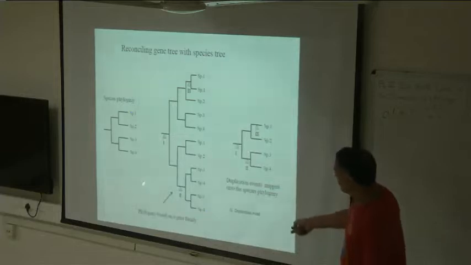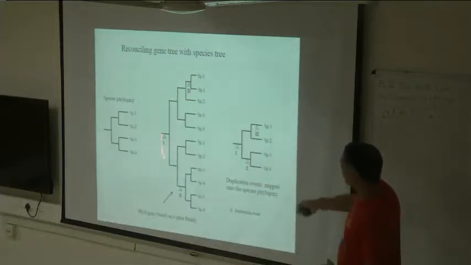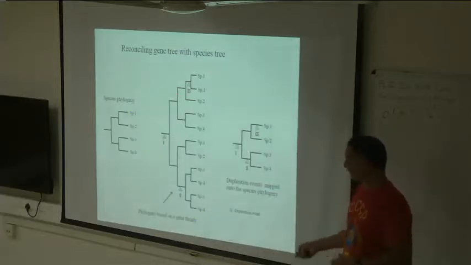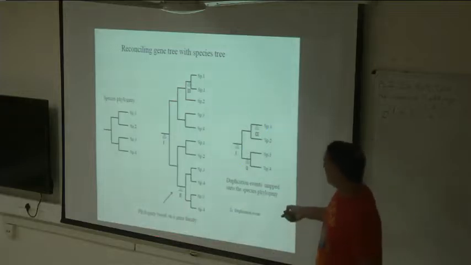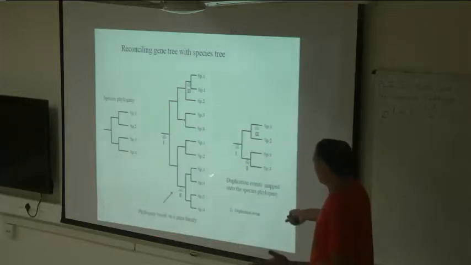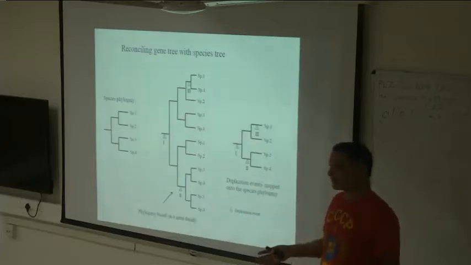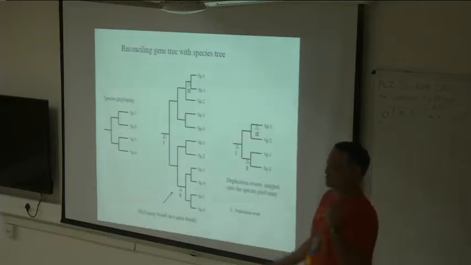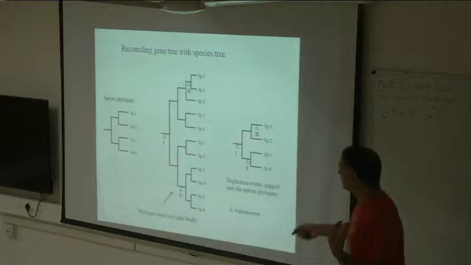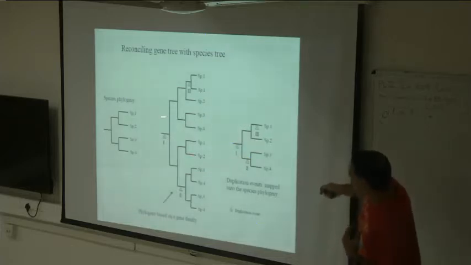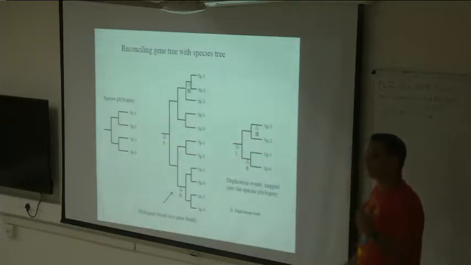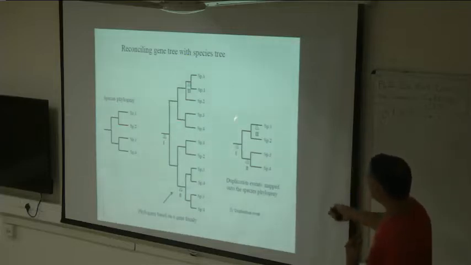You then build the phylogeny based on gene families, right? And you've got the same species all over the place because there are multiple copies and these duplication events have occurred at different time periods. Then you take that phylogeny and try to reconcile it with the species phylogeny, and that will tell you how many duplication events have taken place and where,